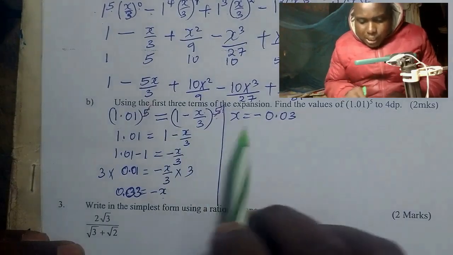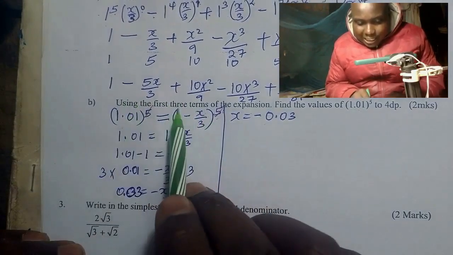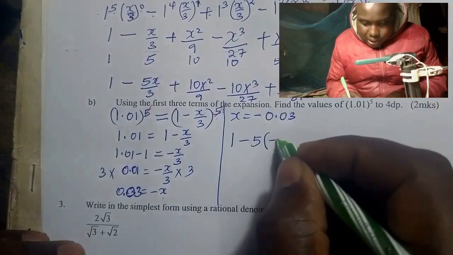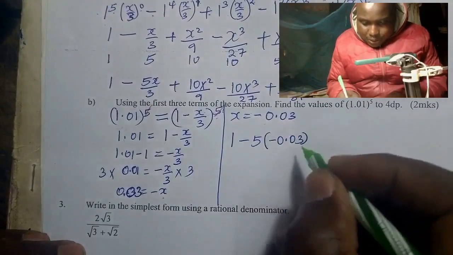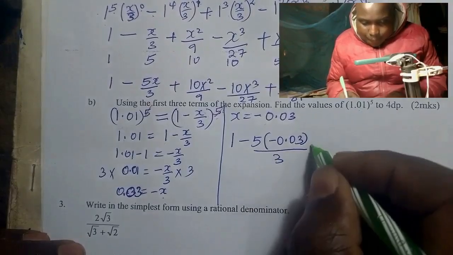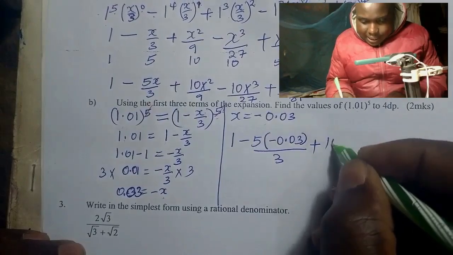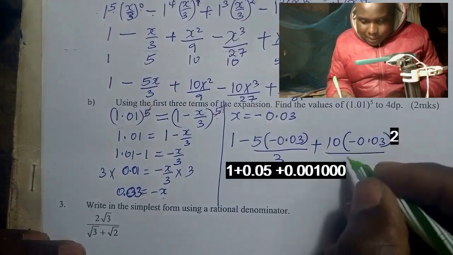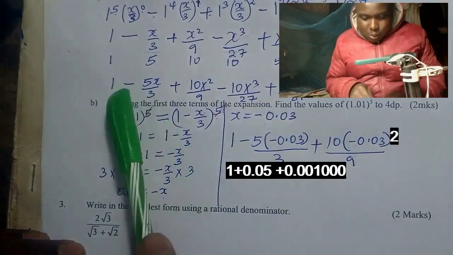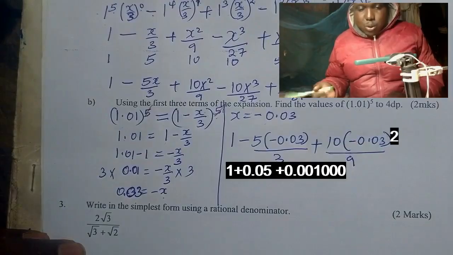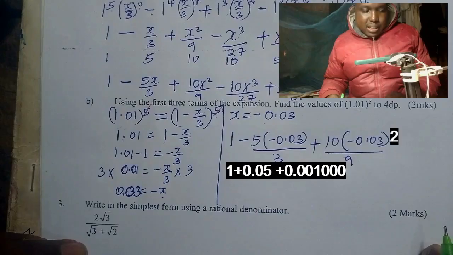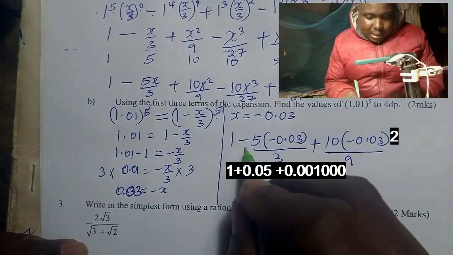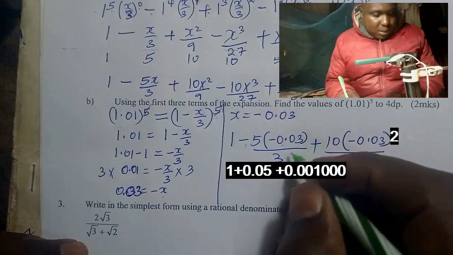Now what we do, we substitute this into the equation for the first 3 terms. So it is 1 minus 5 into negative 0.03, divided by 3, plus 10 into negative 0.03, divided by 9. We have been asked to use the first 3 terms, you don't need to do otherwise. So when you mark, this one is going to be 1 minus negative, this negative is going to be positive. So finally you get here